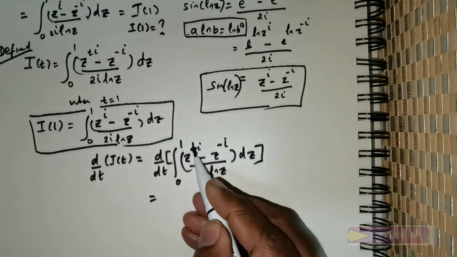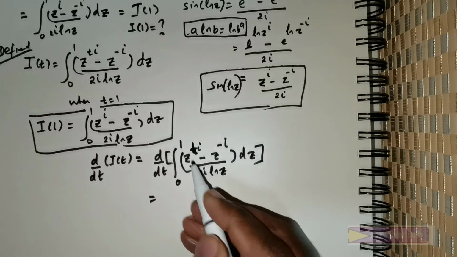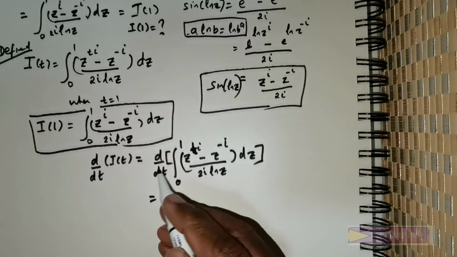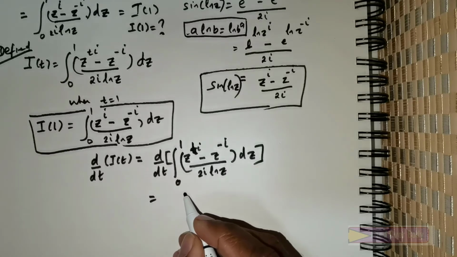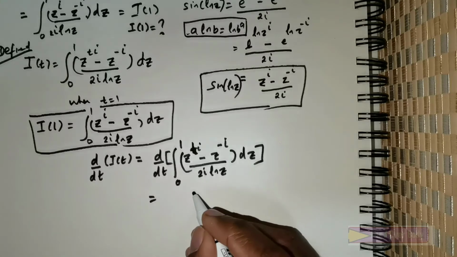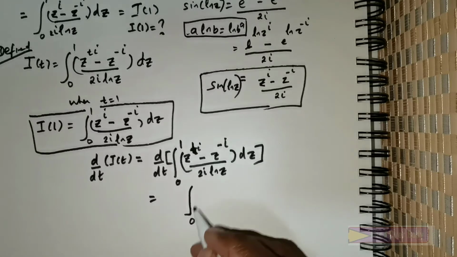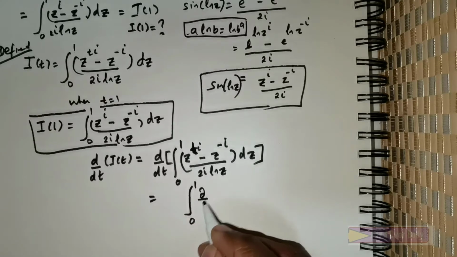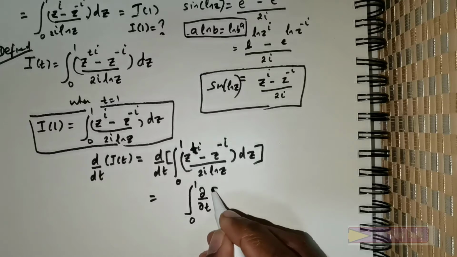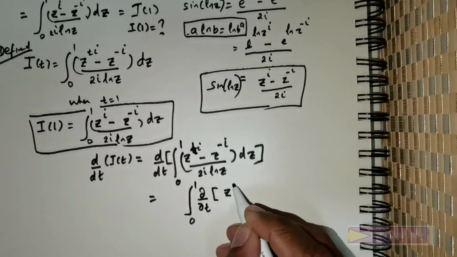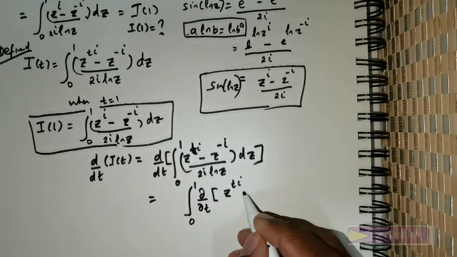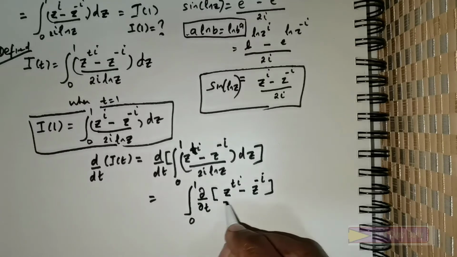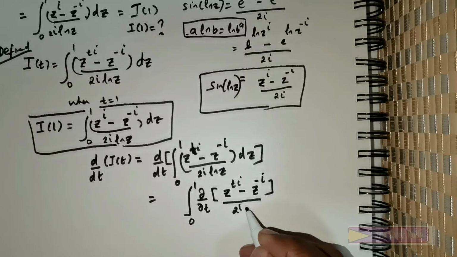Now you have to understand one thing. I've got a t and a z, so two different variables are there. So this total differentiation would become partial differentiation. So this is going to be the integral from 0 to 1, and when d over dt comes inside, it becomes dou over dou t of z raised to the power t i minus z raised to the power negative i, divided by 2i ln z,